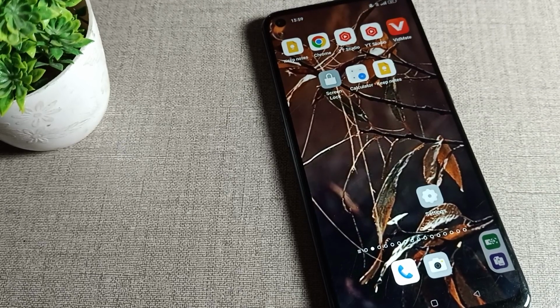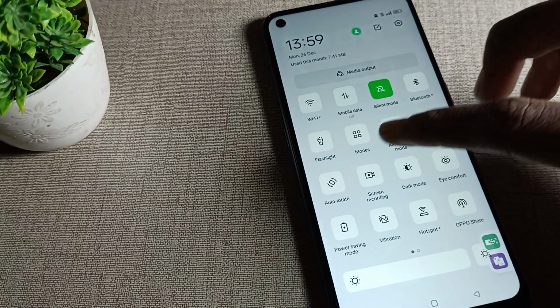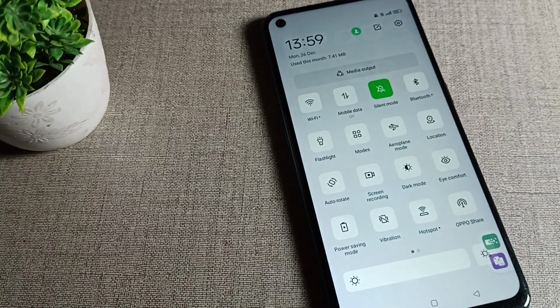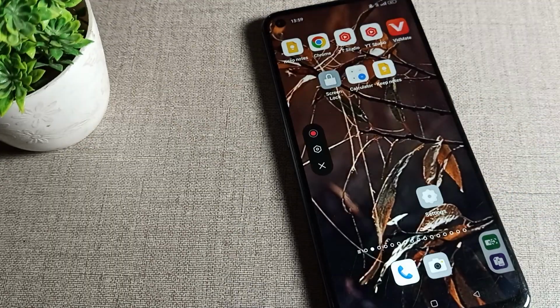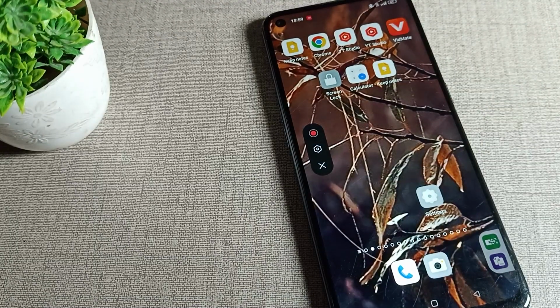So how to turn on screen recording. First of all, swipe down, and you can see the phone's screen recording option, so we will tap here. I will tap on my phone's screen recording setting. Friends, you can see the screen recording icon. If you want to turn it on, you will have to tap this red button